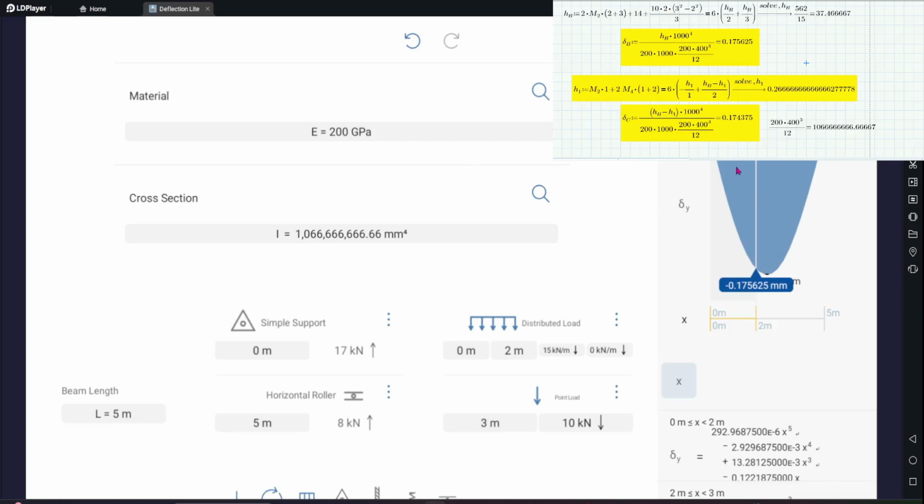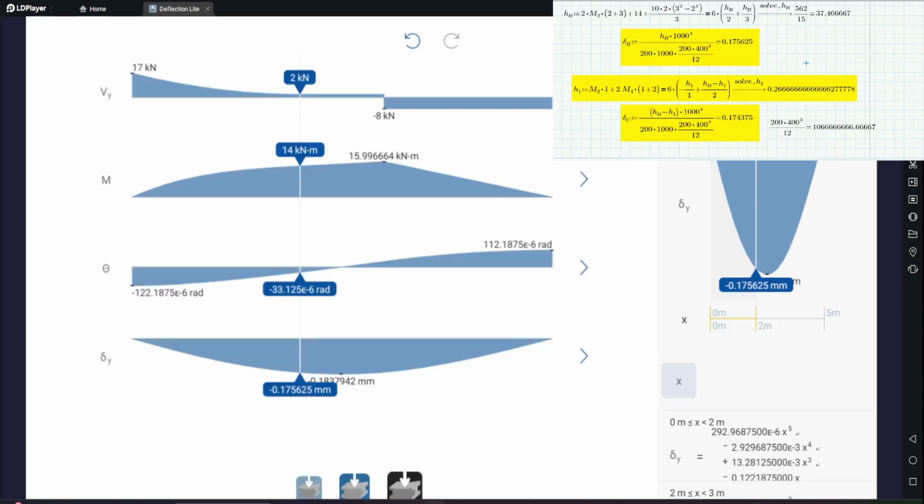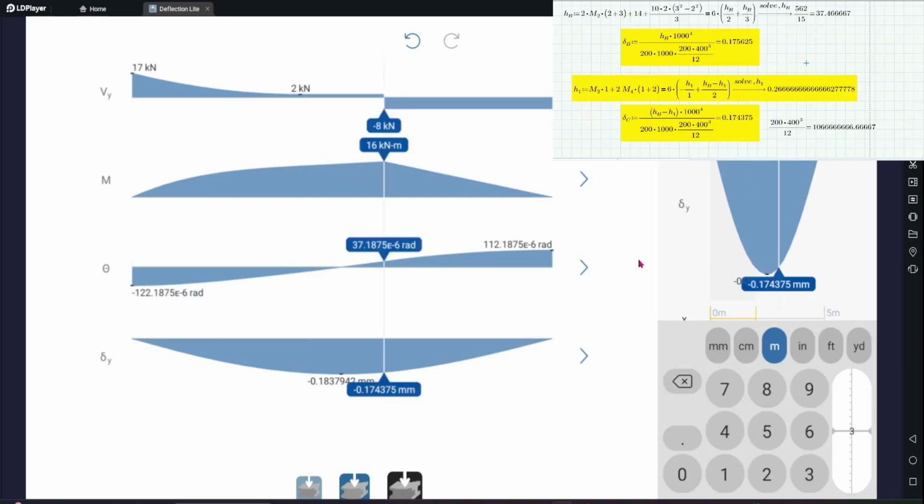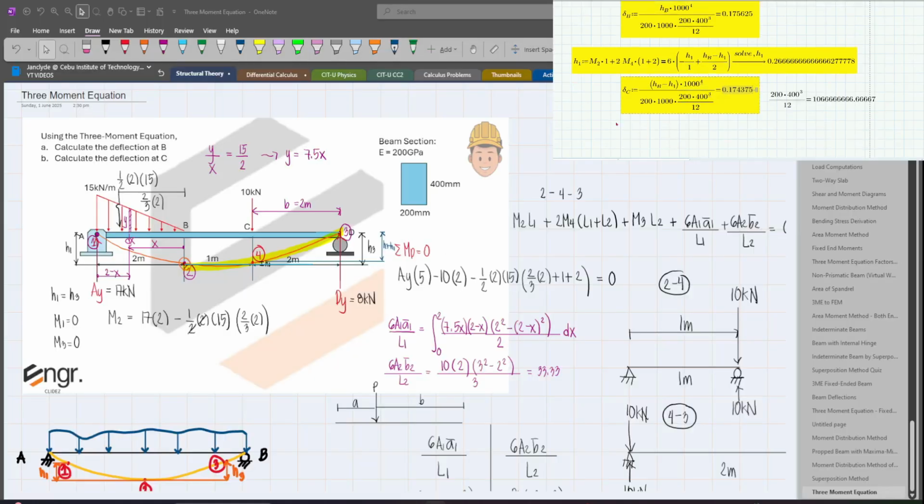Then, for point C naman, point C is 3 meters from the left. So, we have 0.174375. Same lang dito. Ayan. So, tama na yung mga sagot natin. So, ngayon, with the alternative solution,